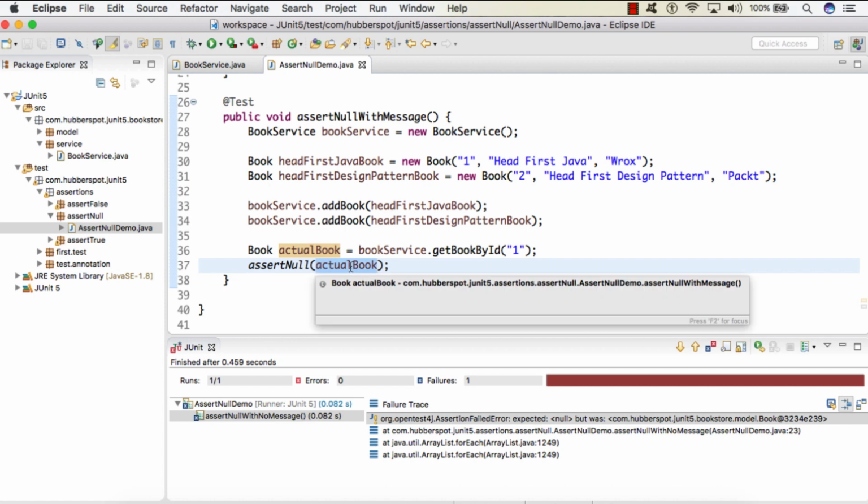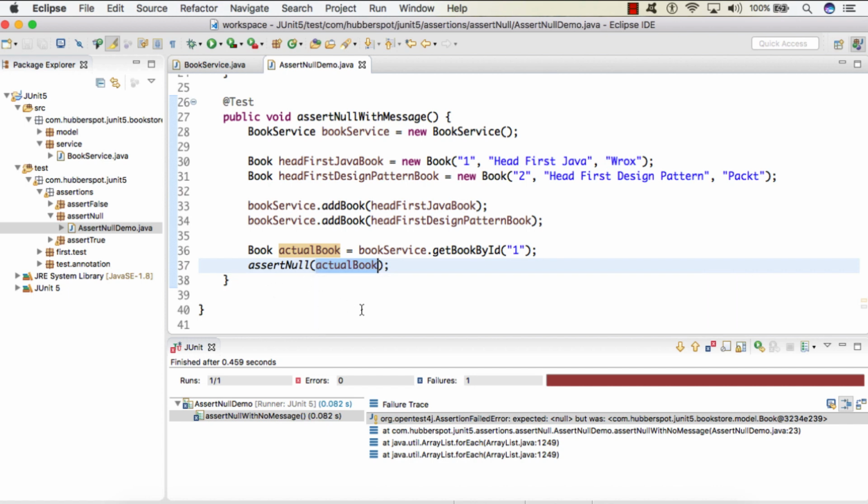One is the object on which we want to assert for the null value, and second is the string message. So let's say here we provide a message as book is not null. So here we have provided a customized message. This message will be printed in the JUnit console to provide us extra information on why this assert got failed.